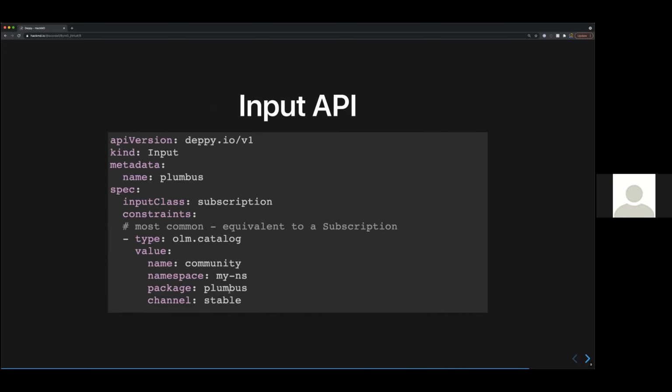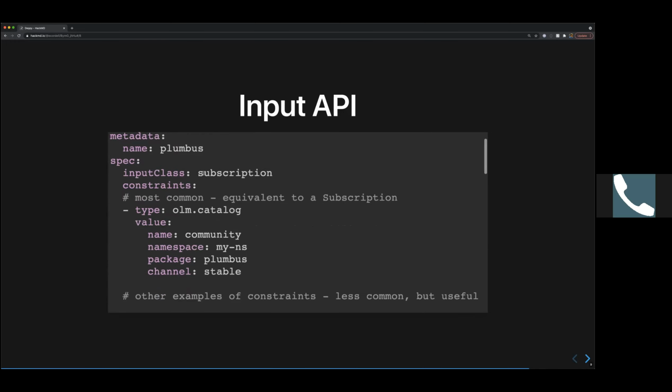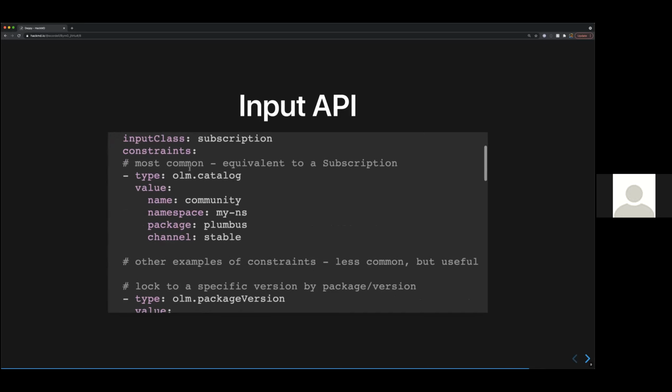And then another layer up, how do we tell the resolver what we want? We're again copying the class pattern. So we have an input API and an input class API. The input API specifies a class that sets some properties of how the input is interpreted. And then this is just a list of constraints that we give to the resolver.